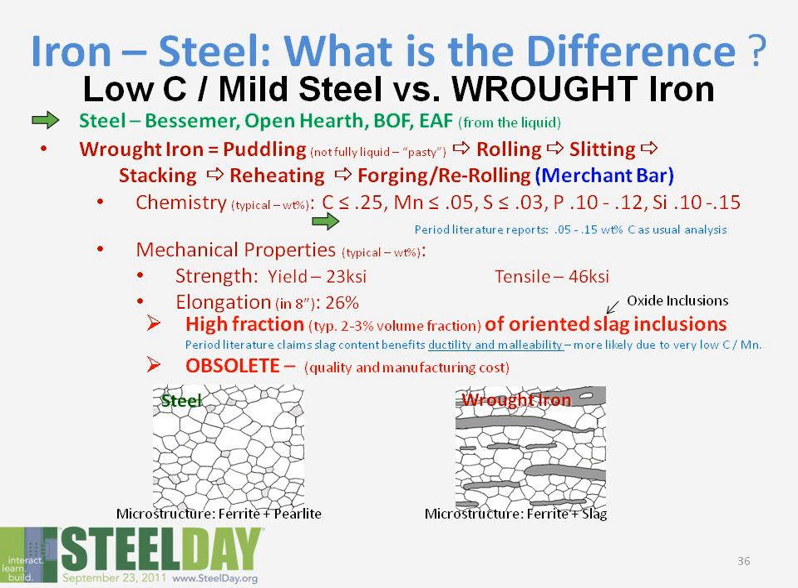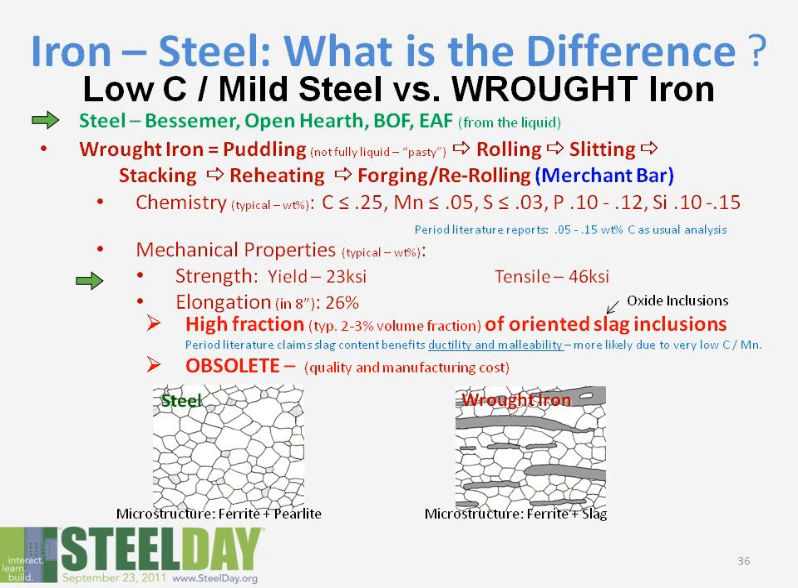The literature of the time, when wrought iron steels were being used, reported between 0.05 to 0.15 weight percent carbon as the usual chemical constituency. The mechanical properties were fairly decent, albeit low for today's uses, around 23,000 yield strength and 46,000 tensile strength. The problem with wrought irons, though, due to the processing, is a very high volume fraction of oriented slag